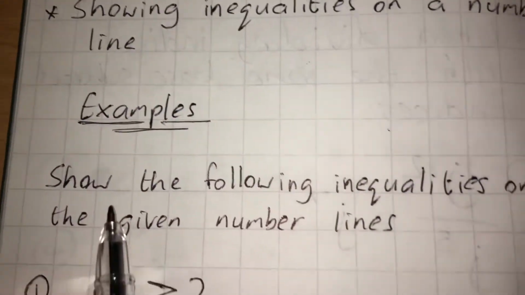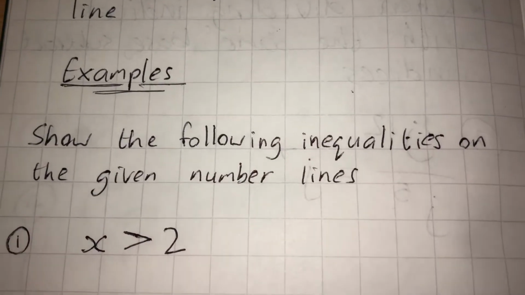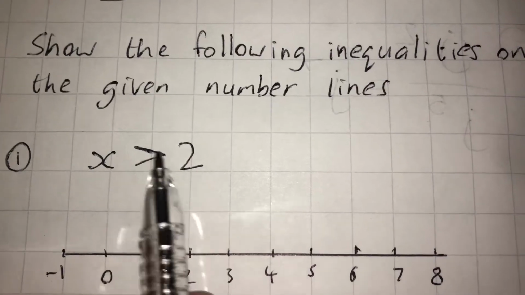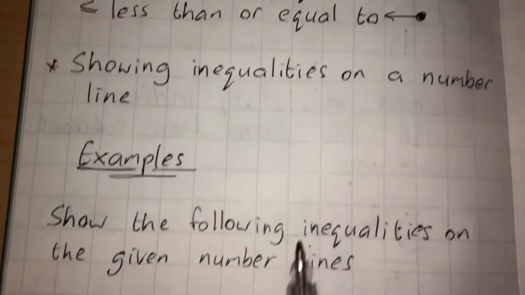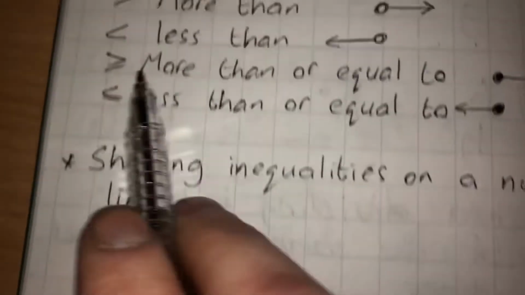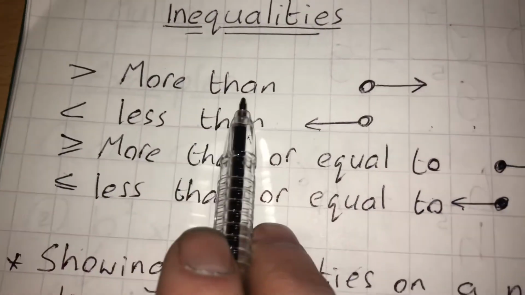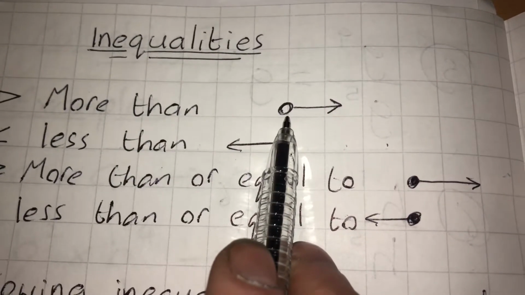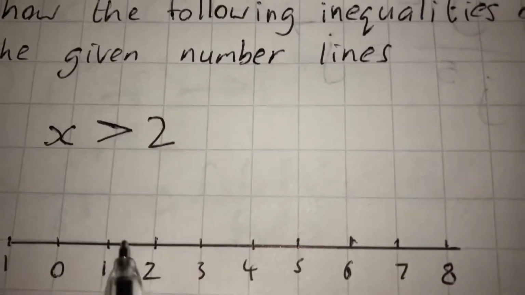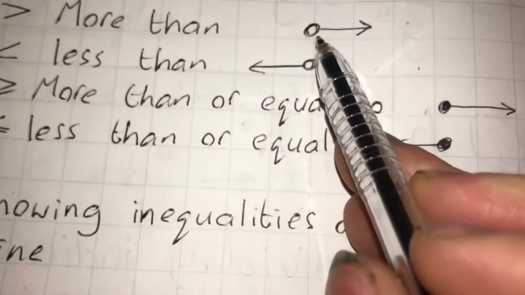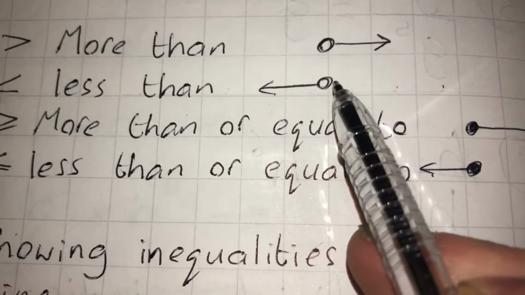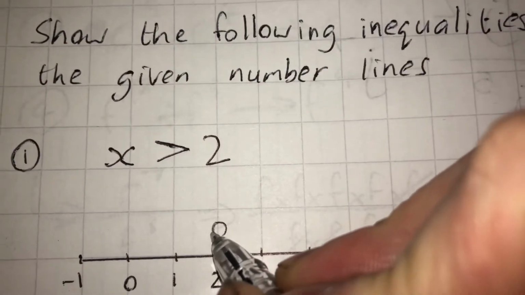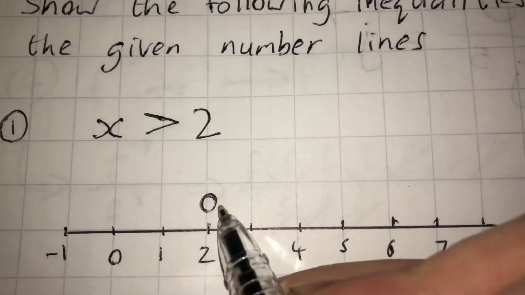Okay, so we are going to show the following inequalities on the given number lines. So our values for x in this first one are x is larger than 2. Okay, so if it's just more than or larger than or greater than, depending what way you're taught it, we are using this symbol here. Okay, so what we do is we find 2 on the number line and we are doing an open dot. So if it's more than or less than but it cannot be equal to it, it's an open dot. So we do an open dot above the 2 with an arrow pointing to the right,